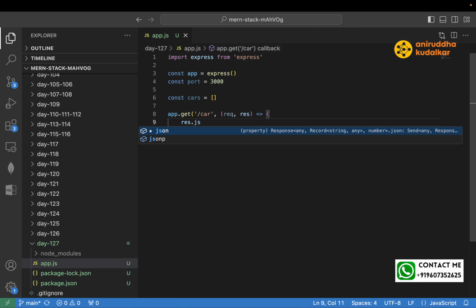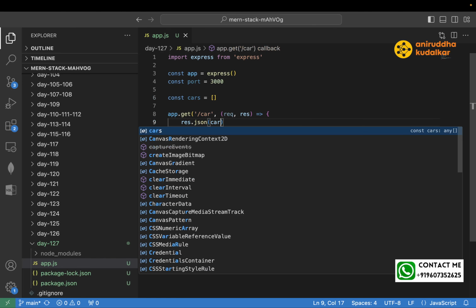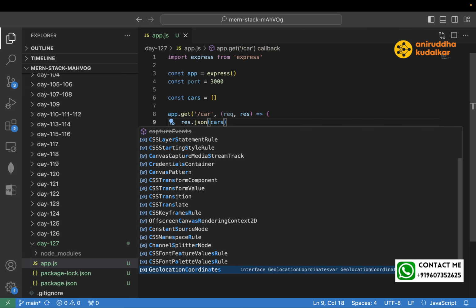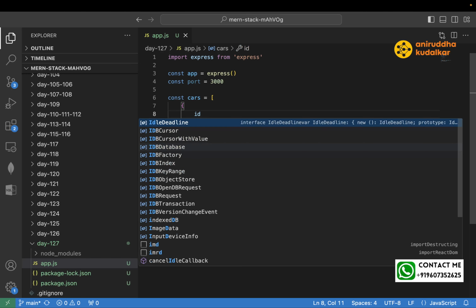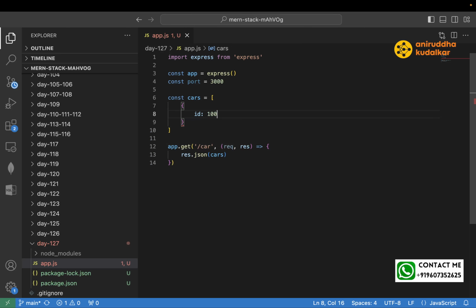Response.json. I want to return the JSON and this cars array. Let's pass the cars array. So presently let's have only one car by default, that would be the JavaScript object, and that car would be having ID 100, make ABC, model,